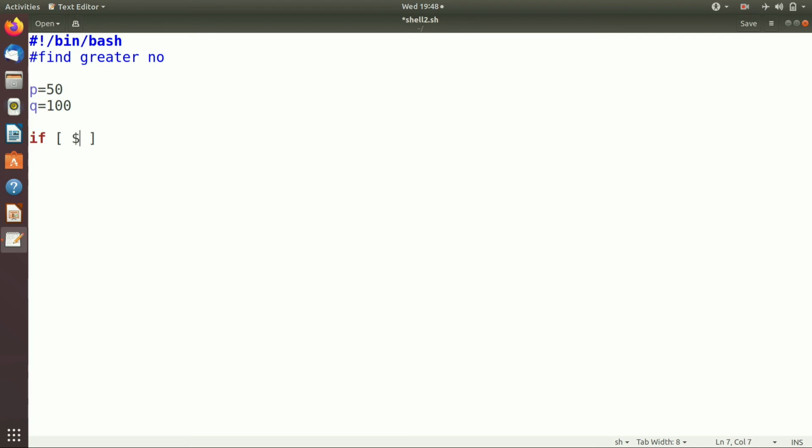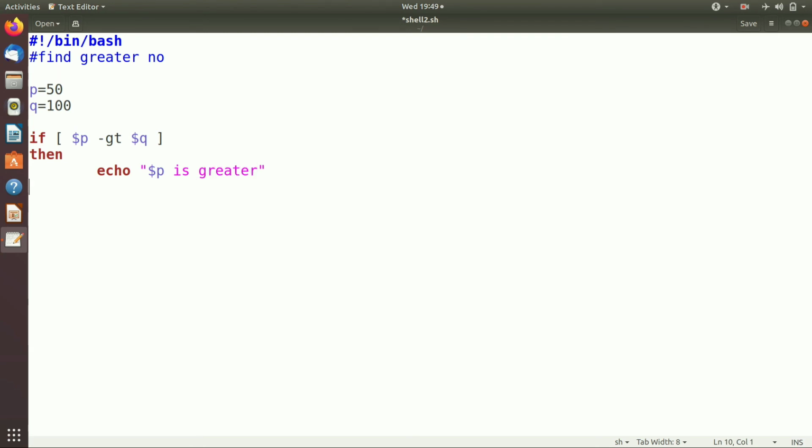So $p -gt $q. So I have to find which one is greater, $p or $q. If $p is greater, I have to print the message as $p is greater.